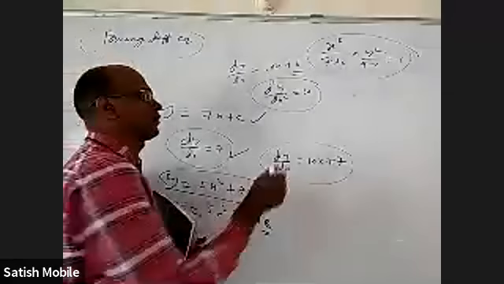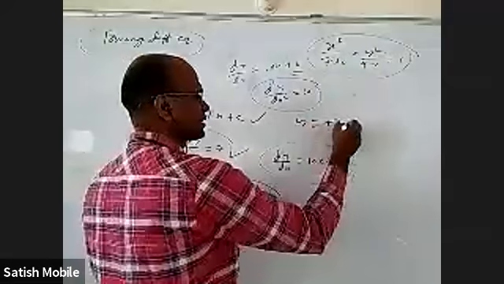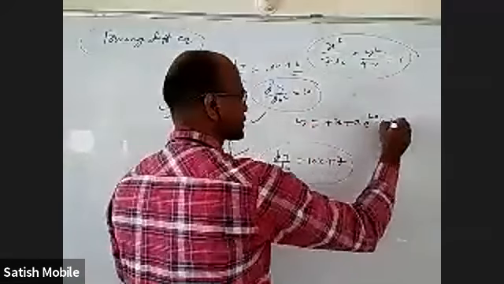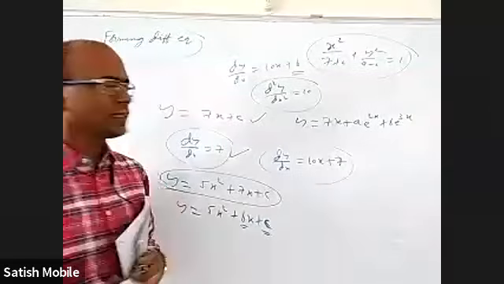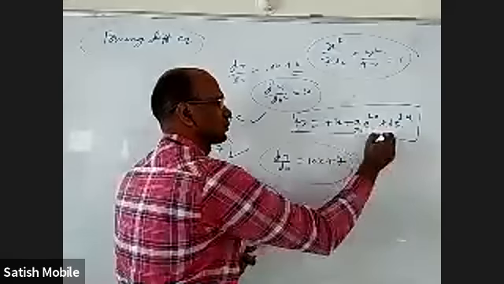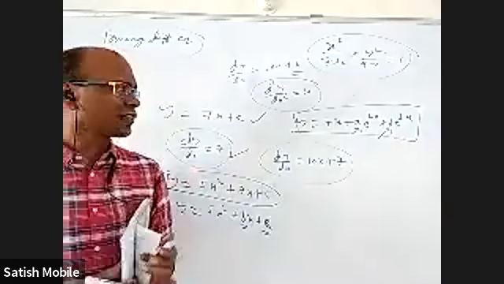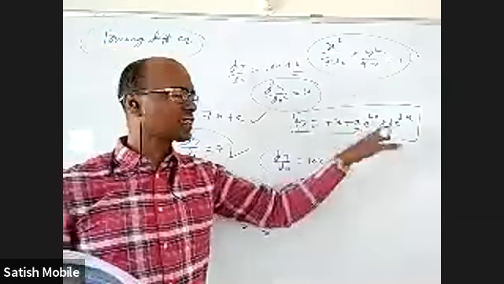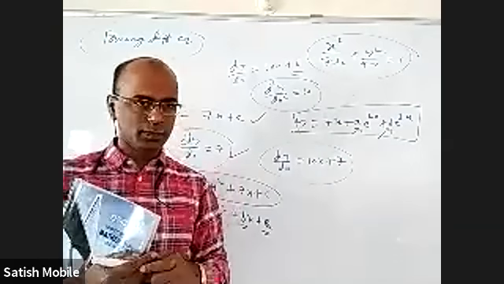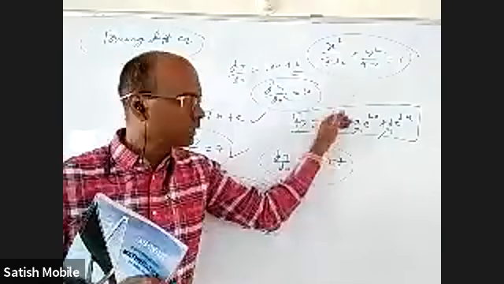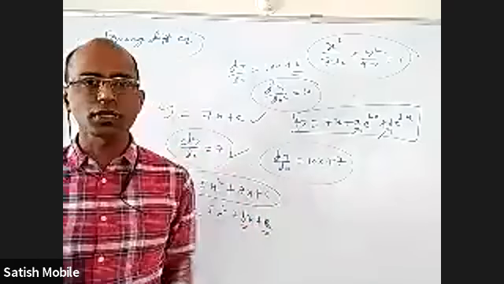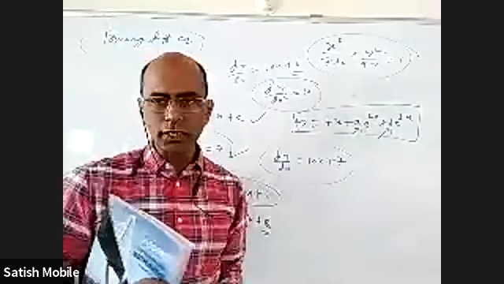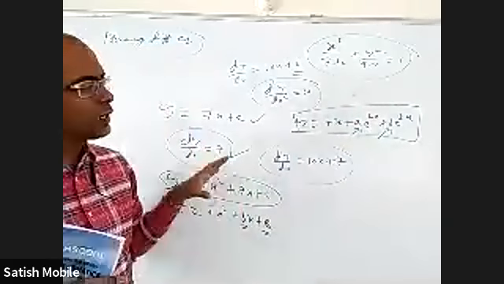For example, if I take y is equal to 7x plus a e power 2x plus b e power 3x, and I say that a and b are variables here. I know how to differentiate twice, but that doesn't mean that if I differentiate twice, a and b will be eliminated. They will not be eliminated. So I have to take this equation, the first derivative and the second derivative, and carefully combine them, add them, subtract them, do something so that a and b get eliminated. How to do that, we will discuss tomorrow.